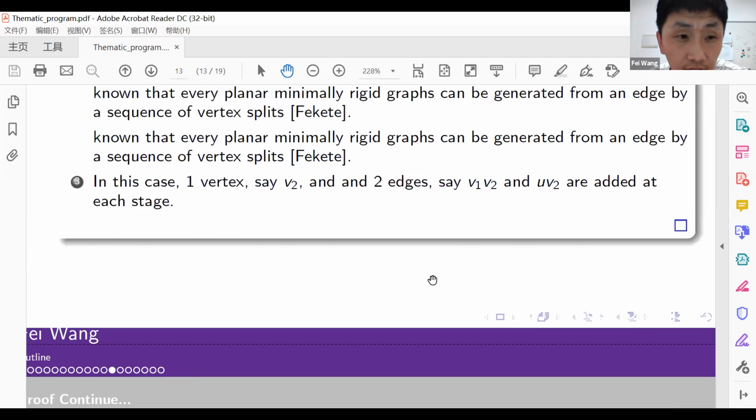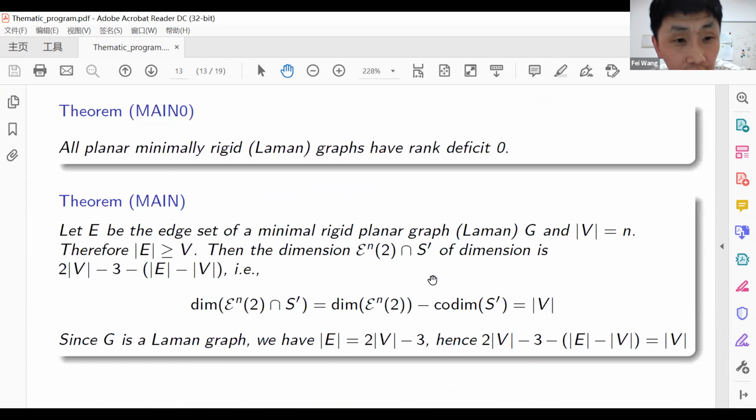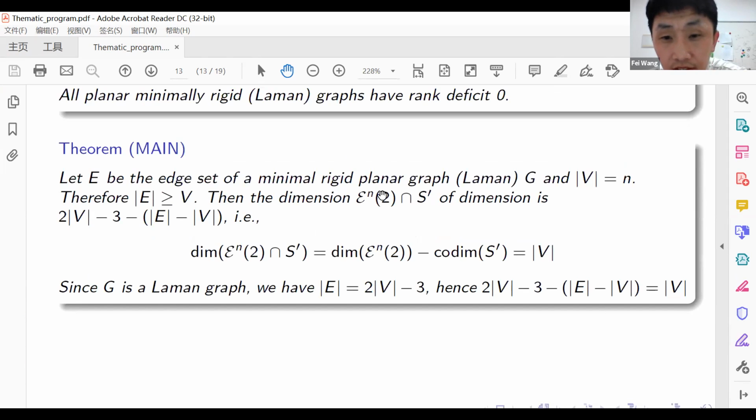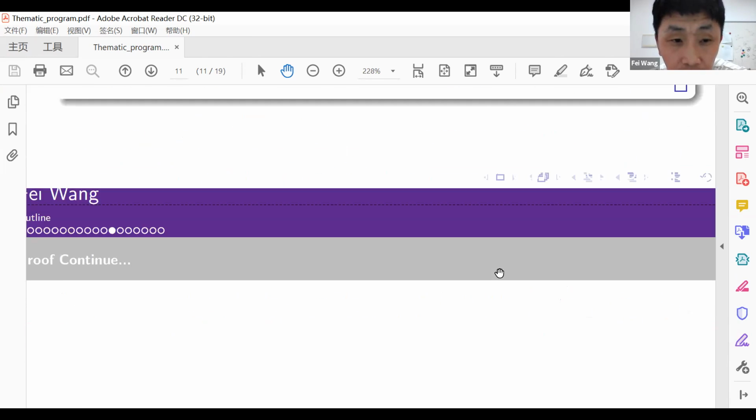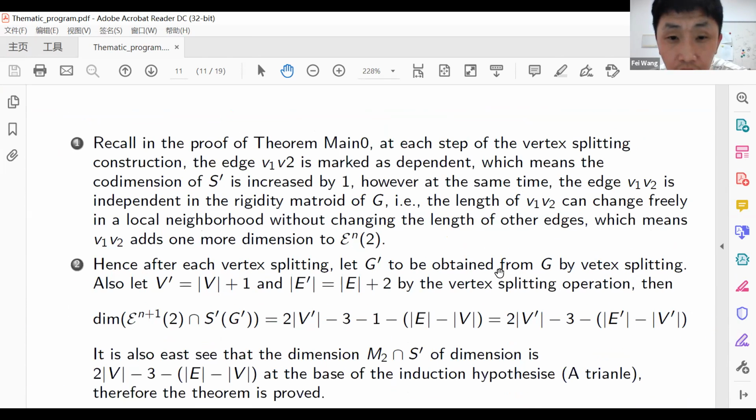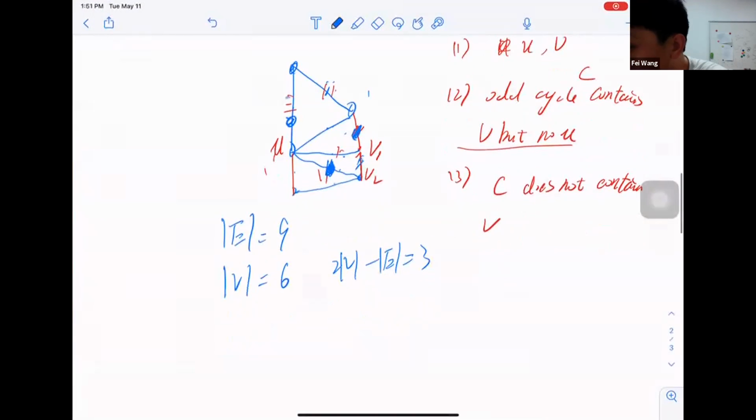So to prove the second theorem, which is this theorem, it said this intersection is proper. Well, we can actually just use the proof of the main theorem, this previous theorem. So let's share screen. Yeah. So